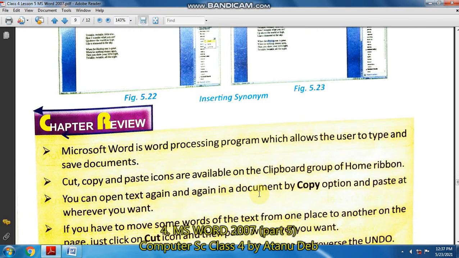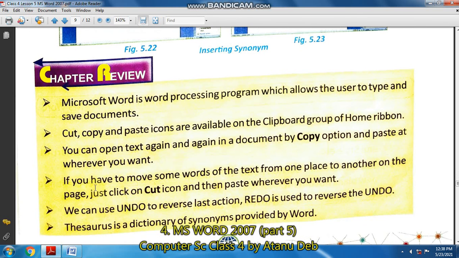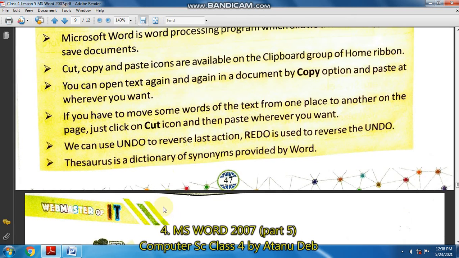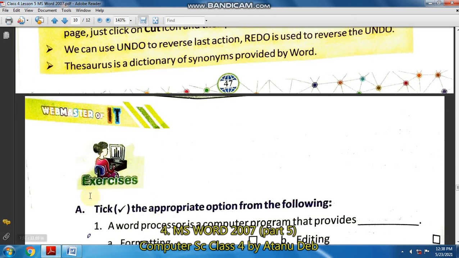After that there is a chapter review. So read the chapter first of all thoroughly, 4-5 times, as many times as you get time, you read the whole lesson. Then read the chapter review points, the important points are discussed here, and then after that you try to complete the exercise given in the book.